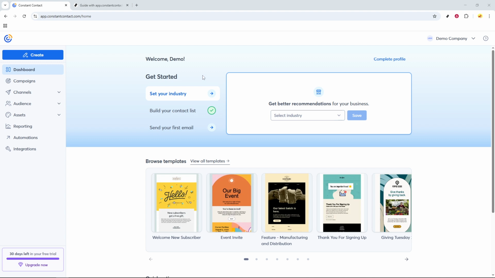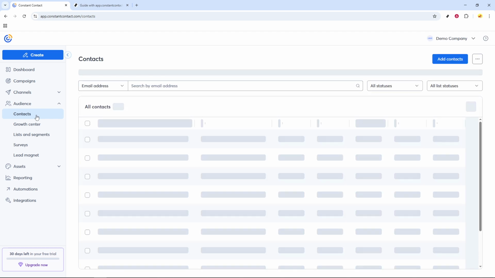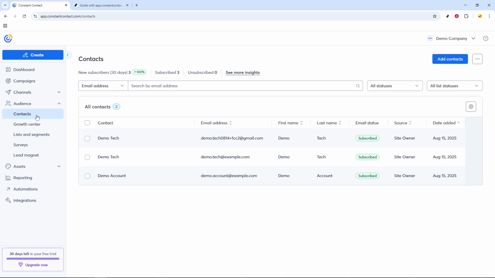This is the main hub of the Constant Contact platform, where you'll find various tools and features to manage your email campaigns effectively. Once you're on the dashboard, look for the Audience tab. You'll usually find it somewhere on the main menu, often designed to stand out so it's easy to locate. After clicking on Audience, you'll come across a few different options, but for our purpose today, go ahead and click on Contacts. This section is specifically dedicated to managing the individuals you send communications to, so it's crucial you become